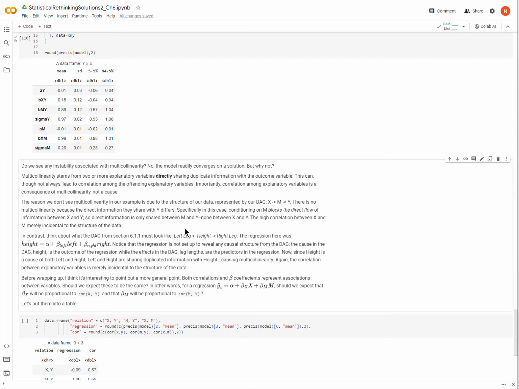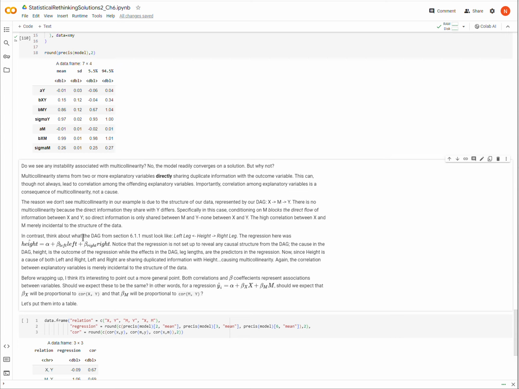That means that height is the cause of both of these things. So there's information being directly shared between left leg and height, and direct information being shared between right leg and height. And in fact, this information is duplicated. It's the same information of height being shared with these two variables, right? Height is changing, and it is sharing its information with left leg, and it's sharing the same information with right leg. So we have duplicated information between these two